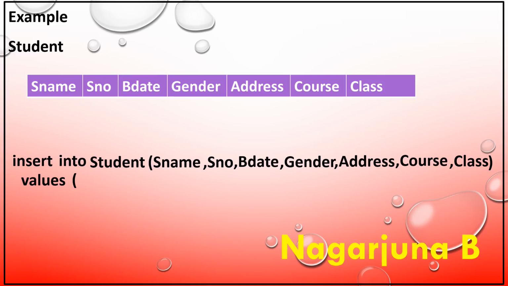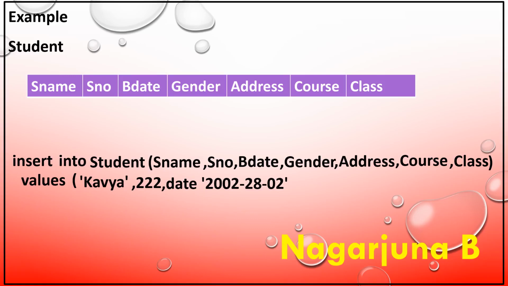So the first value within single quotes, Kavya, then the next value, comma, 222, the next value, comma, the date within single quotes, year, month, day, separated by a hyphen. The year should be 4 digits, the month 2 digits, and the day 2 digits. You need to specify it in the same way.